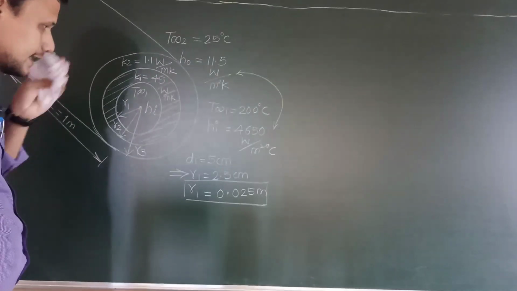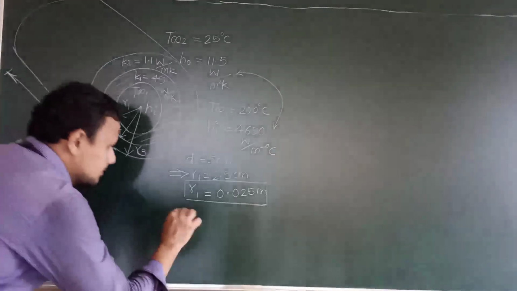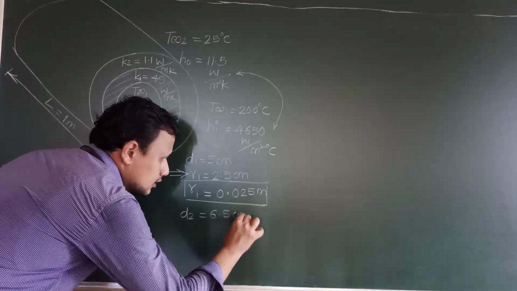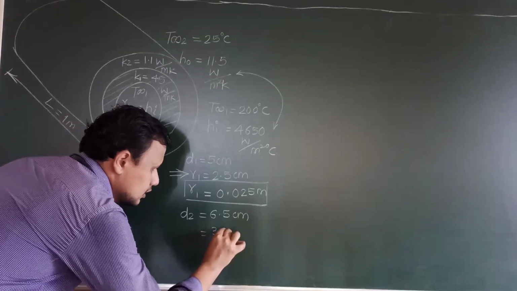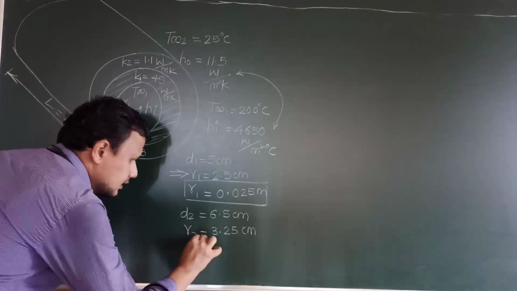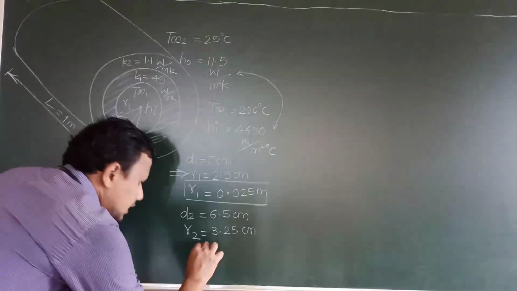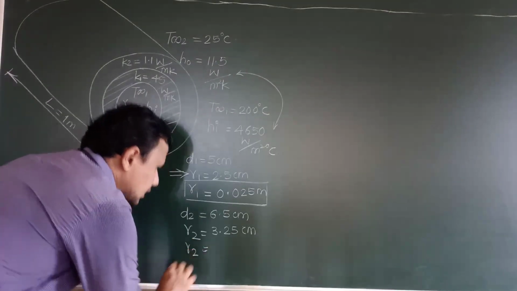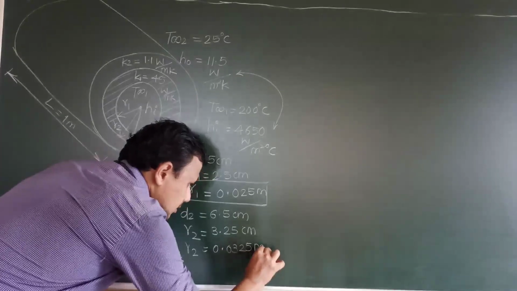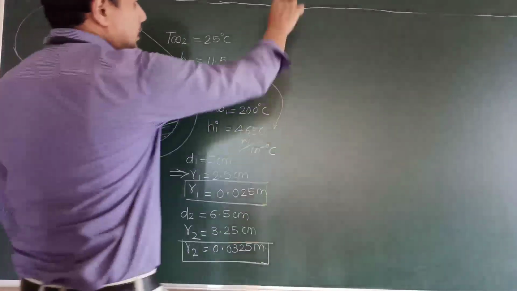Then the external diameter of the pipe has been given to us, which is 6.5 centimeter. So D2 is equal to 6.5 centimeter, and the external radius of the pipe is 3.25 centimeter. So we convert it into meter. What we get, R2 is equal to 0.0325 meter. So that's R2. Okay, now after that,